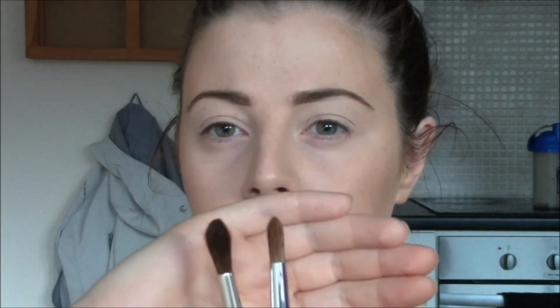Now I'm going to take the Naked palette, which is what I'm going to use for the majority of this tutorial, and I'm going to take a blending brush, and I am going to use the Makeup Forever brush in the number 17S. It looks like this. It's a really soft fluffy brush. Another alternative which is almost identical is the Quo brush. This is only available in Canada, but they're virtually the exact same. So I'm going to use the Makeup Forever brush and the colour Naked,